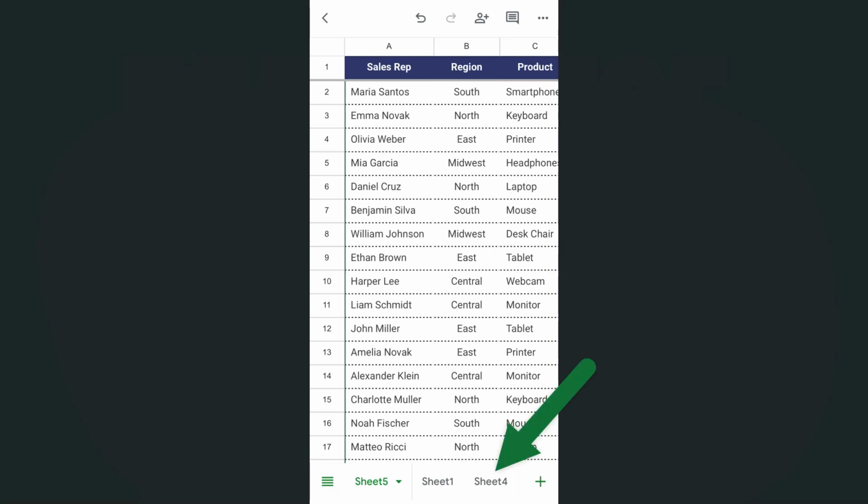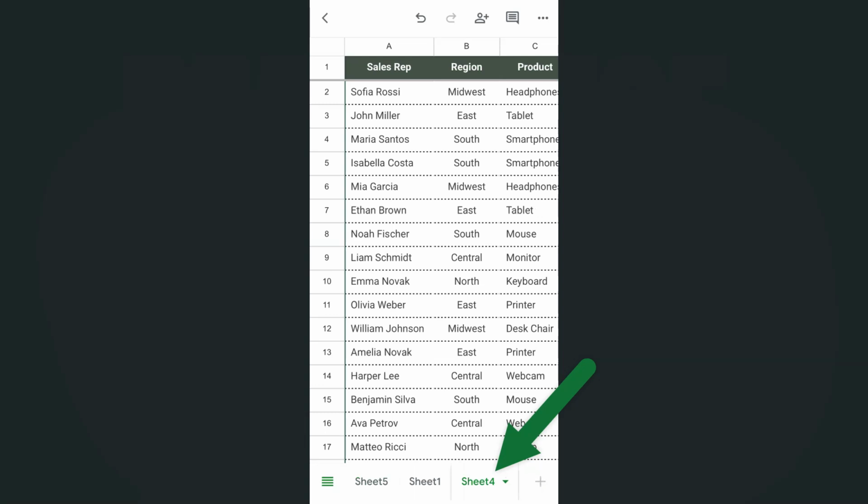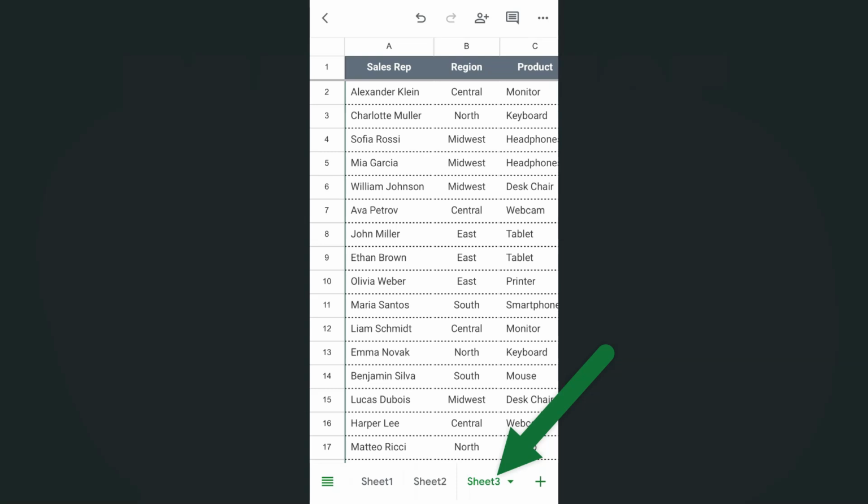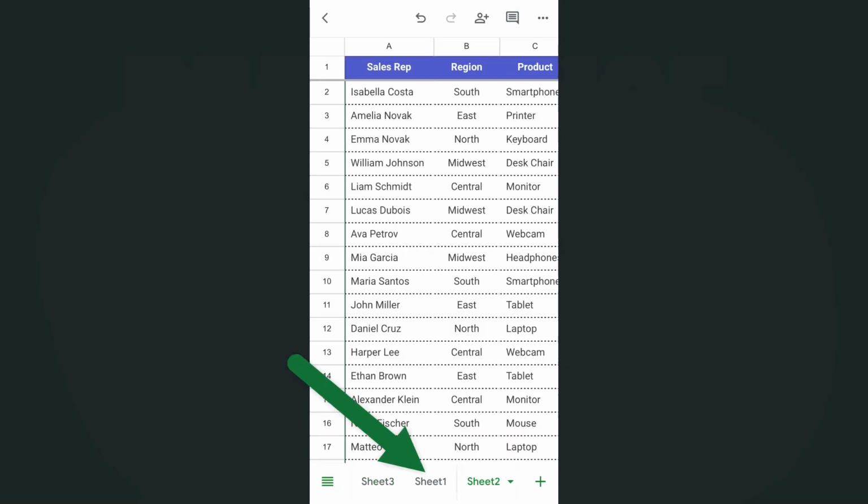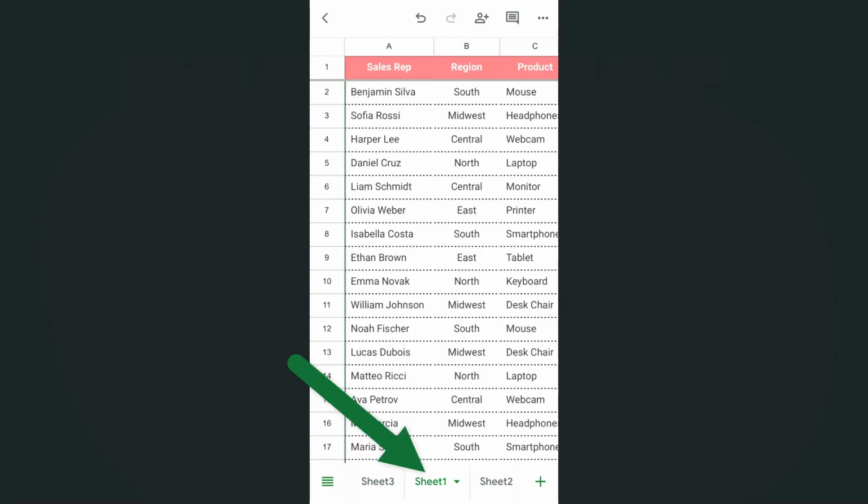Next one, I'm going to do that with sheet number 4 right here. So I'm going to tap, drag, and release. There you have it. Now I have 2 more sheets to rearrange. So I'm going to go to sheet number 3, tap again, drag. There you go. And the last one, sheet number 1, I'm just going to tap and